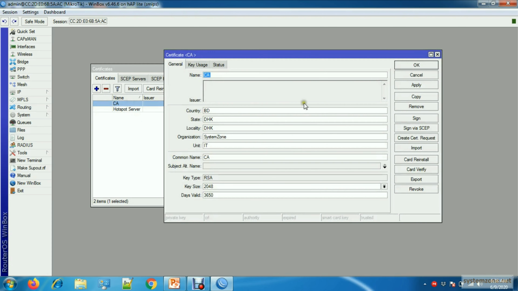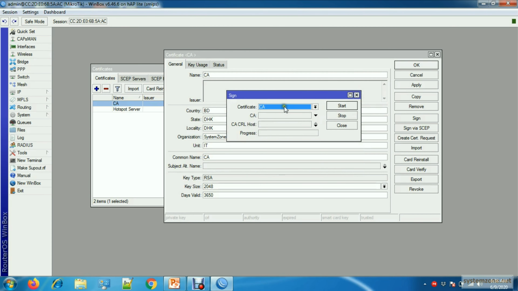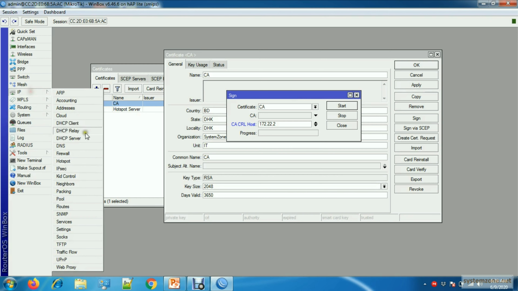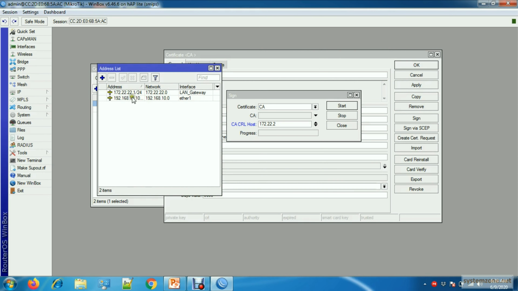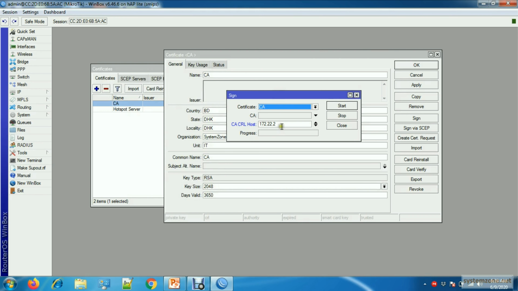First we will sign the CA certificate, so sign, and the CA CRL host will be our LAN gateway, so my LAN gateway is on 221, and then start sign. Done.